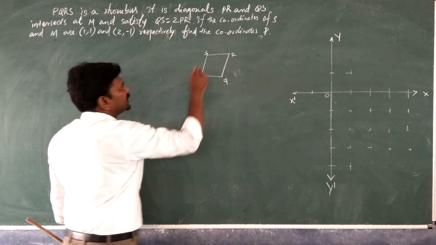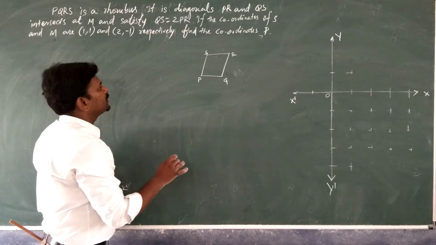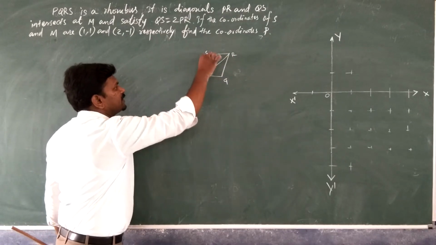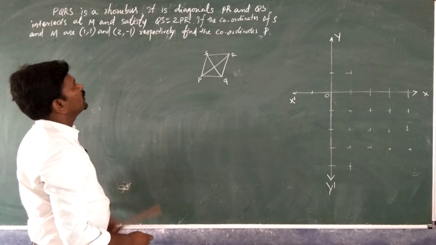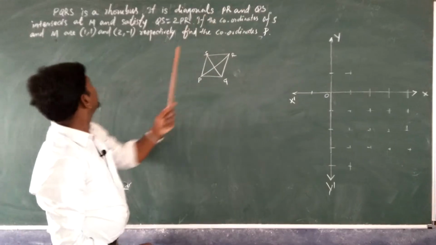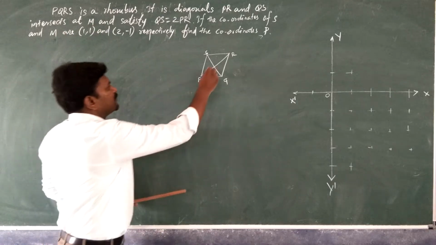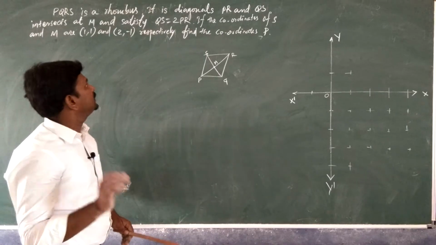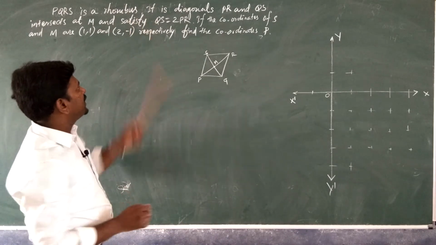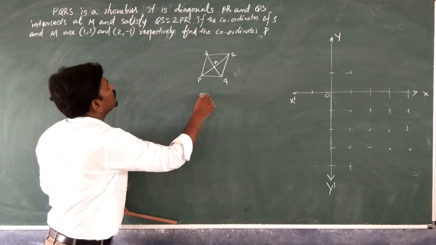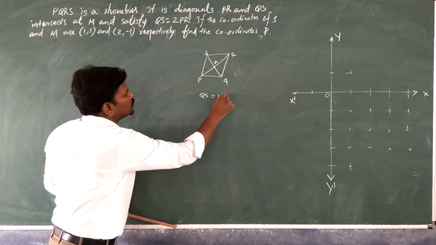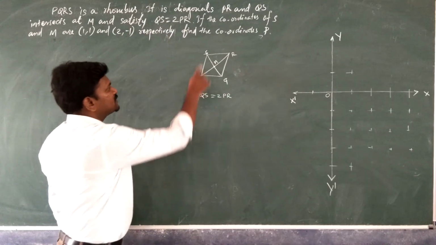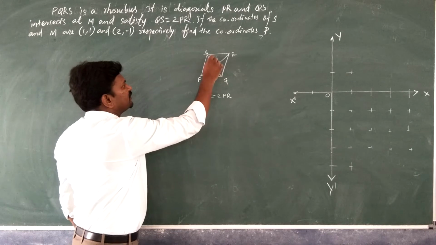The diagonals PR and QS intersect at M. So the diagonals are intersecting at the point M and satisfy QS is equal to 2PR. QS is equal to 2 times the PR, which means the first diagonal